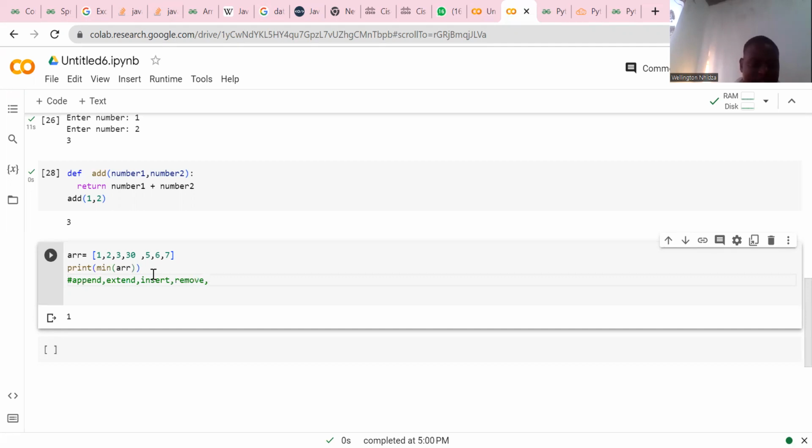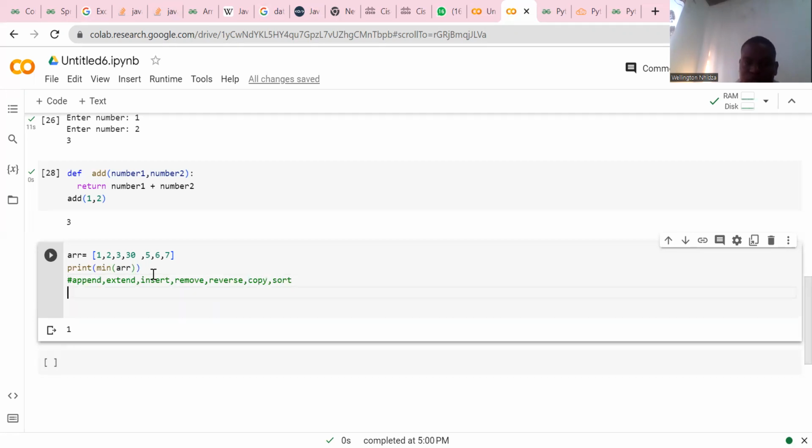We have this reverse function. We have this copy for copying the values. We have this sort. And also we have this function that you can use for arrays. You have to find the maximum, the minimum,